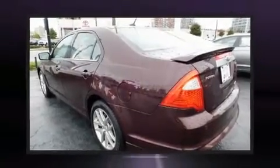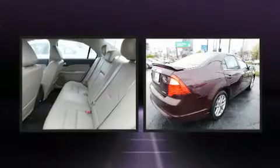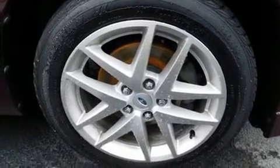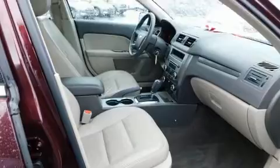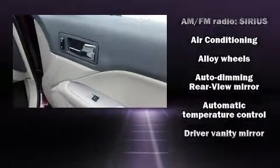Step into the 2011 Ford Fusion. This four-door, five-passenger sedan has not yet reached the 100,000-mile mark. Smooth gear shifts are achieved thanks to the 3-liter six-cylinder engine, and for added security, dynamic stability control supplements the drivetrain. Top features include a split folding rear seat, one-touch window functionality, power front seats, a trip computer, heated seats,